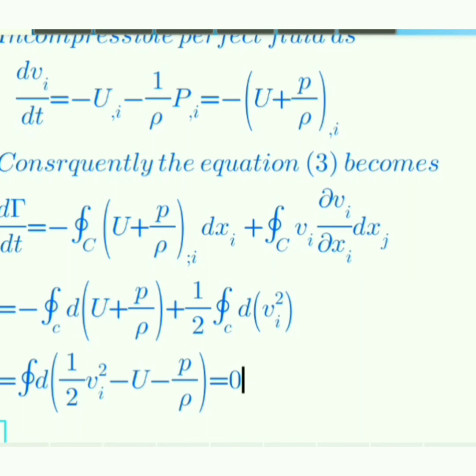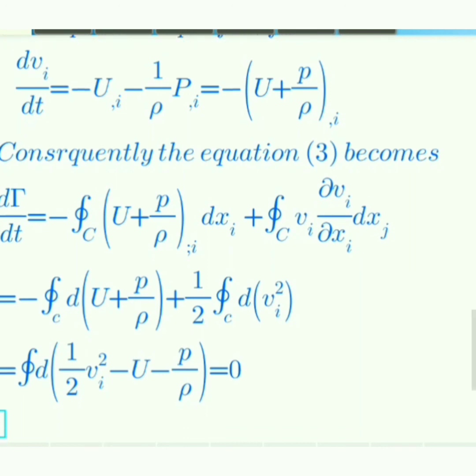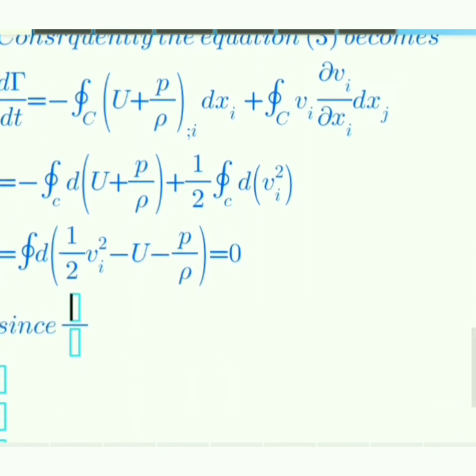It is a single valued function, because half small vi whole square minus capital U minus P by capital rho